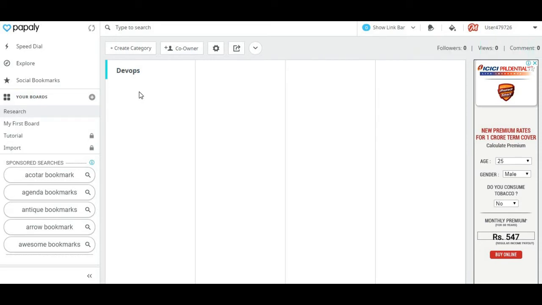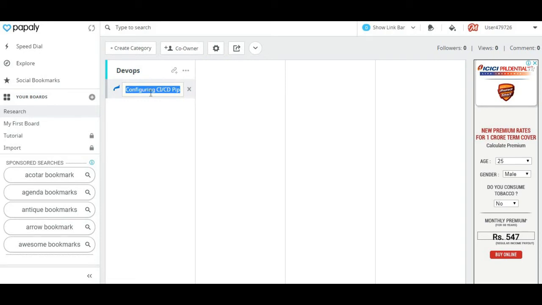Now if you want to add any URL or bookmark under that category, you just need to click on this link, add new bookmark, and paste your URL here. It will directly fetch the description from the URL which you have entered.